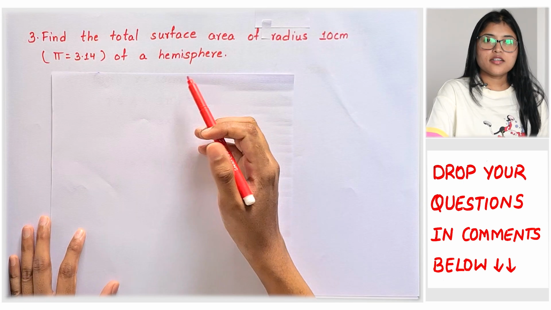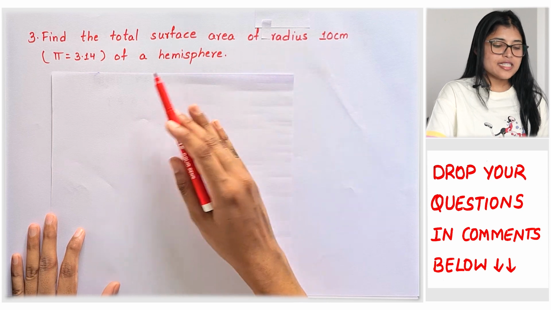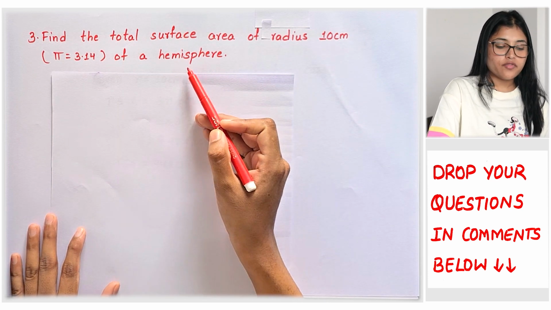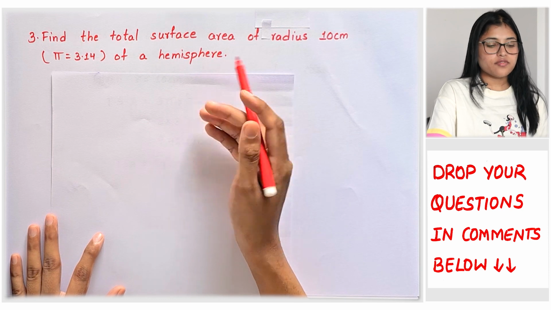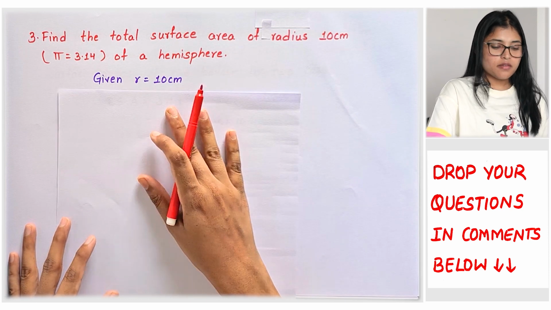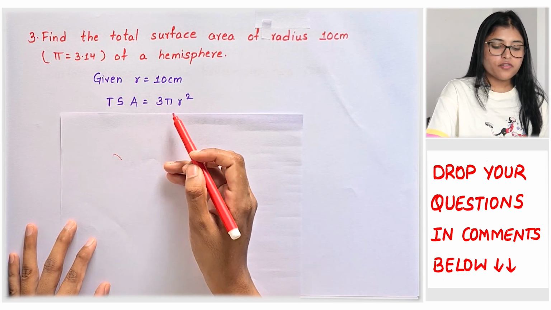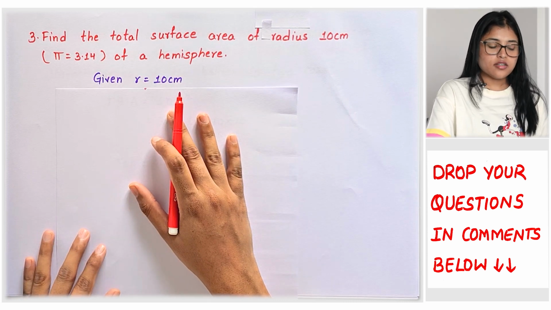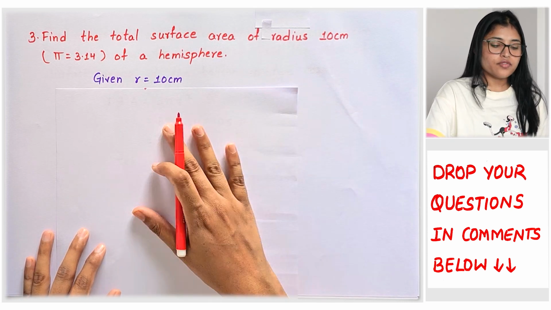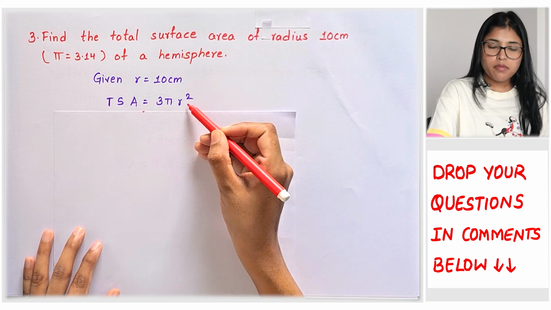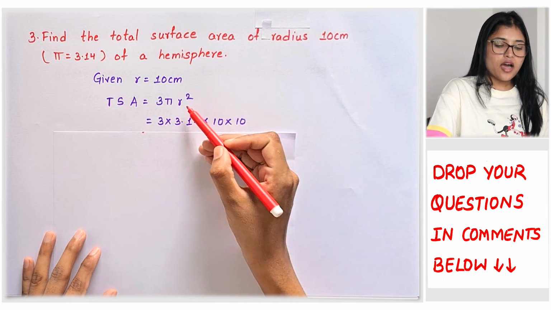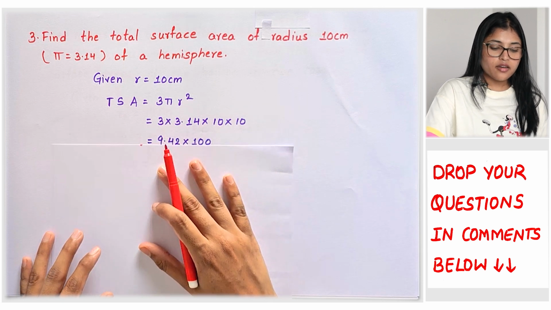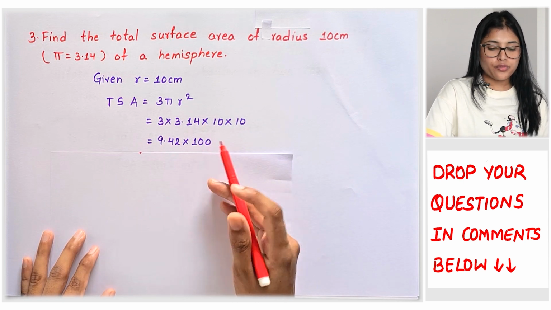of the sphere. In the third question, I am given the radius of 10 centimeters and the value of pi as 3.14 for a hemisphere, and I have to find the total surface area. Given radius is 10 centimeters, I know that the total surface area of a hemisphere is 3 pi r square. Substituting r value as 10, I get 3 into 3.14 into 10 into 10, which is 9.42 into 100, which